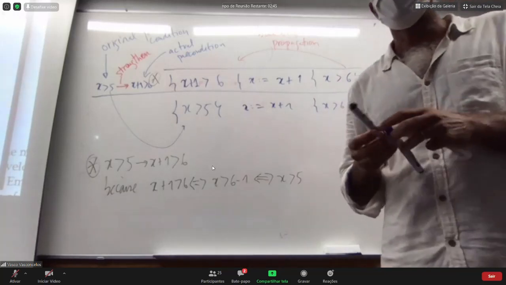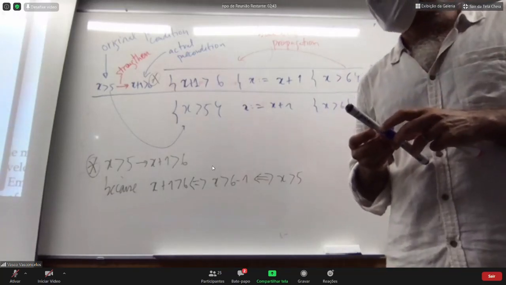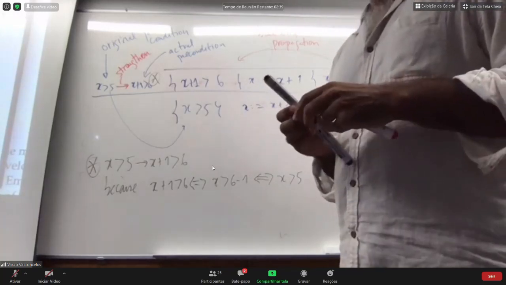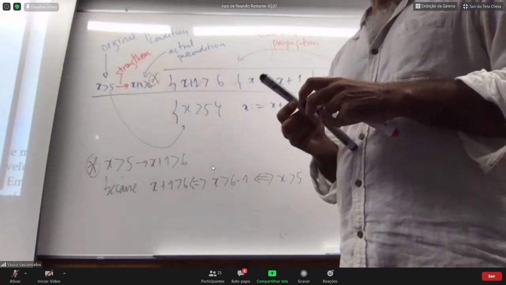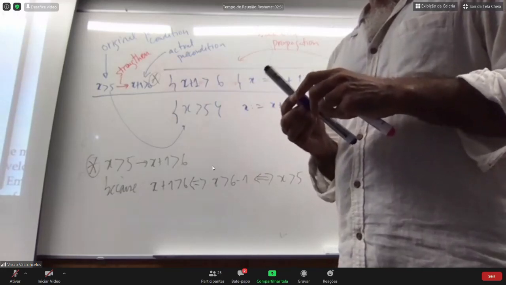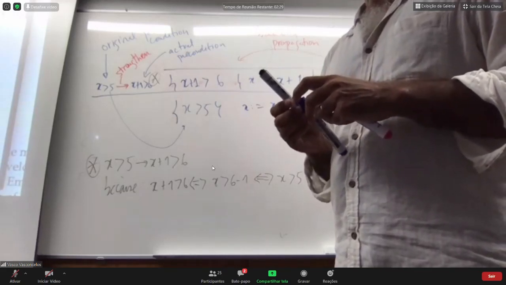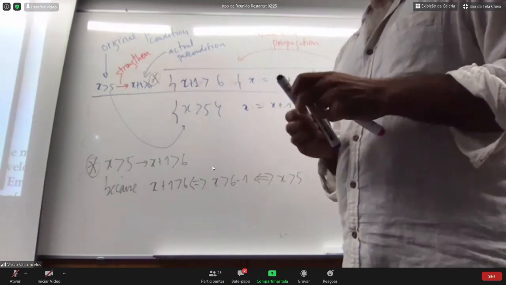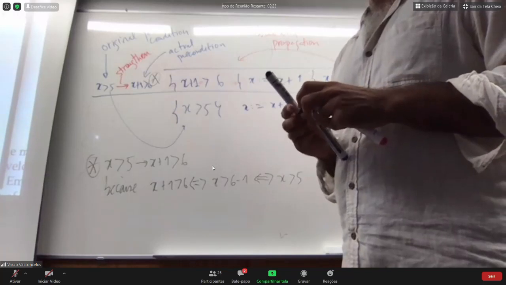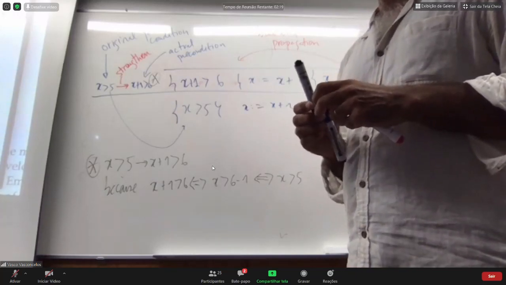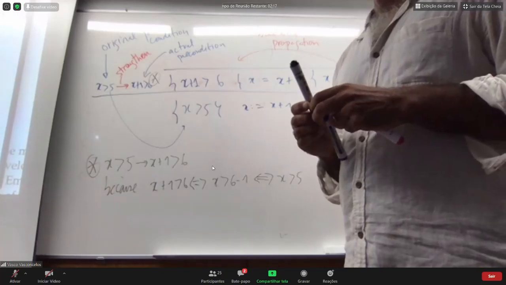Yes, go ahead. What if there are examples where the variables in the precondition are completely different from the ones in the postcondition? I'm sure this will come up, but in that case, do we still have to do